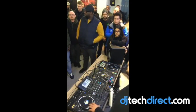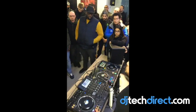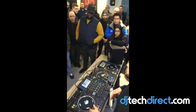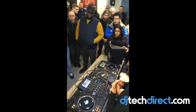inside the platters. So the platters themselves are of Nexus 2 quality. They are the same as the Nexus 2. A few little tweaks inside, because the Nexus 2 are now 5 years old. This has just come out, so technically they're better, but they're the same size and they're the same ball bearing